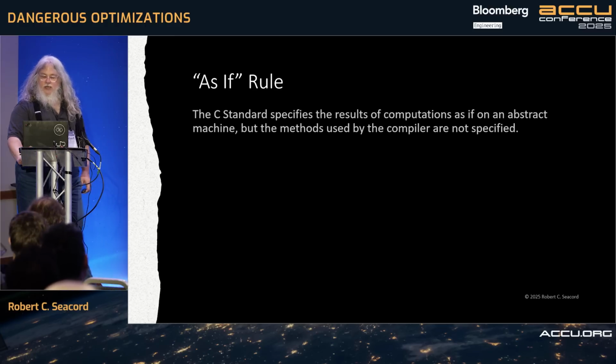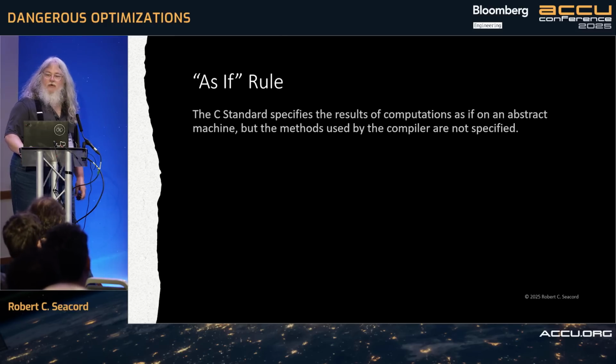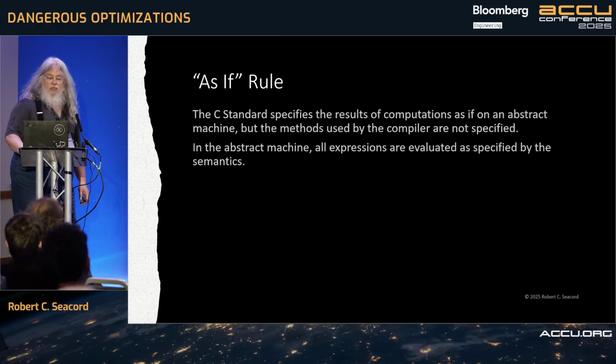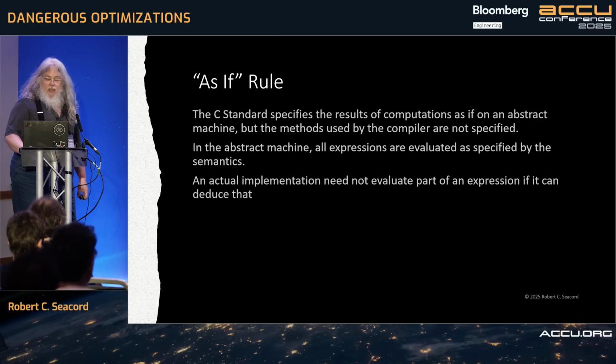So C has an as-if rule that specifies the result of a computation on an abstract machine, but again, the methods aren't specified. The compiler is allowed to use whatever methods it wants to produce the same result. In the abstract machine, all expressions are evaluated as specified by the semantics.